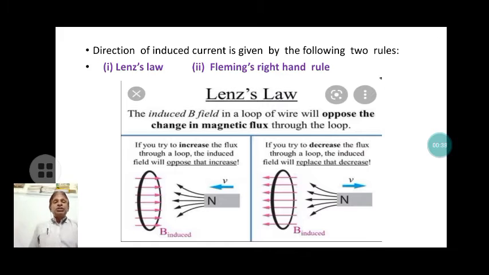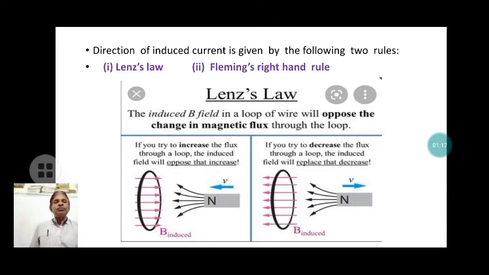The direction of induced current is given by the following two rules. These two rules are important in determining the direction of induced current in the coil: Lenz's rule and Fleming's right hand rule. According to Lenz's rule, the direction of the induced EMF and induced current in the coil will be such that it always opposes any changes in the magnetic flux linked